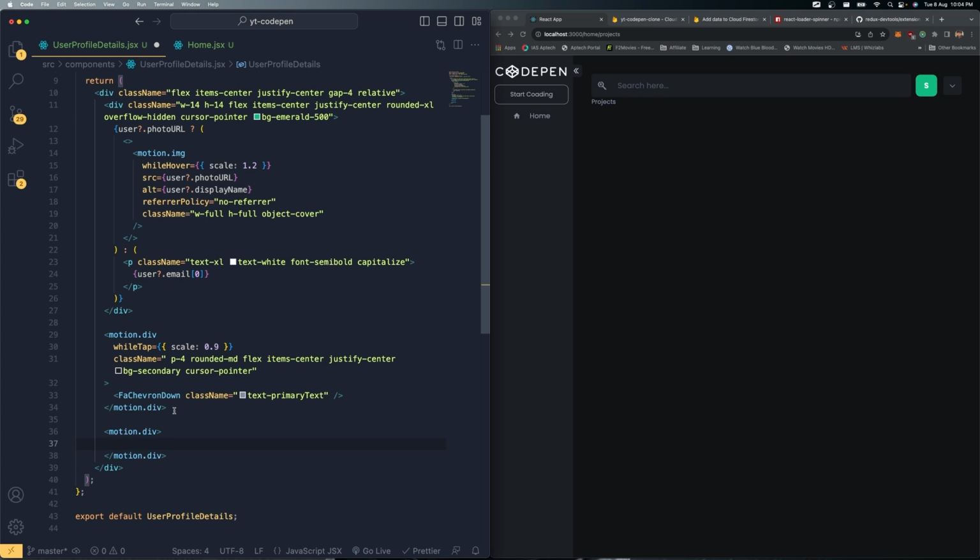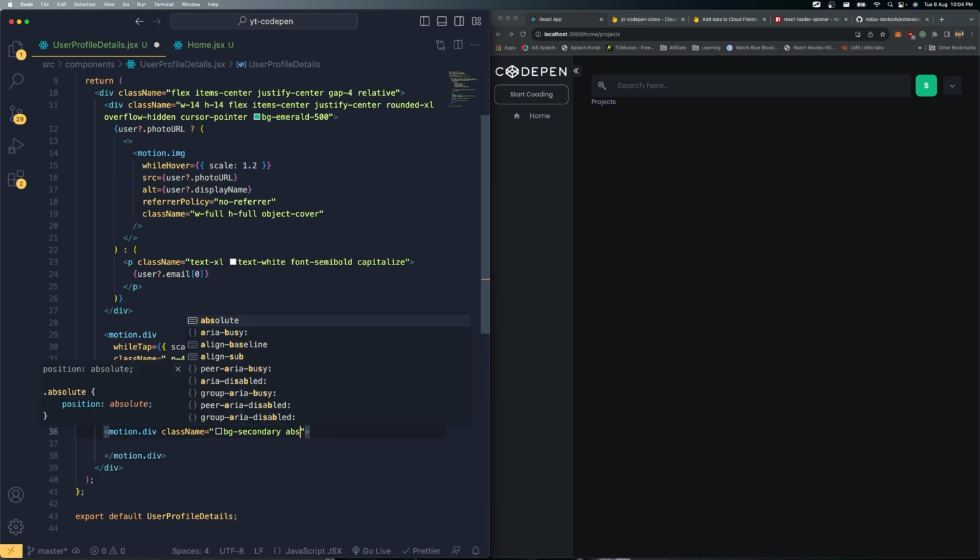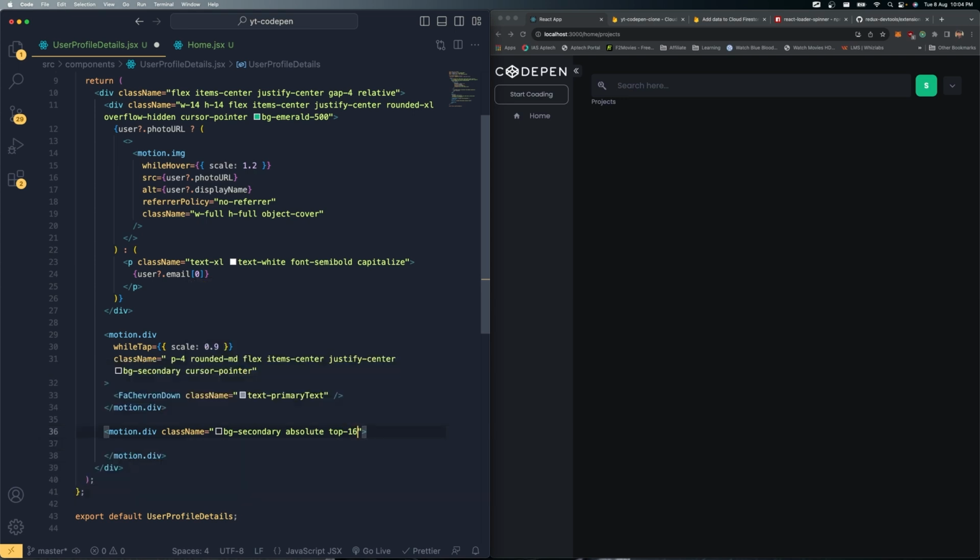So here, the class name is going to be bg, of course, secondary color, and of course it's going to be in absolute location. So absolute, I'm going to bring it in the top 16. Basically, this is trial and error. You should adjust it yourself until you feel satisfied. So right,